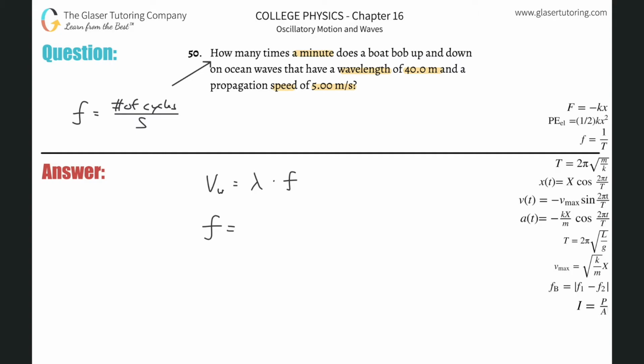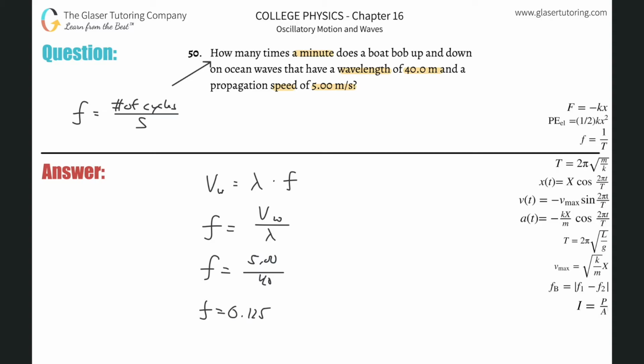Solve this thing for frequency. So it's the velocity of the wave divided by the wavelength. Plug in the values, make sure they're correct. So it's 5 meters per second. That's good for the velocity. The wavelength is going to be 40. So we can easily calculate this, right? So this will be 5 divided by 40. So that's going to work out to be